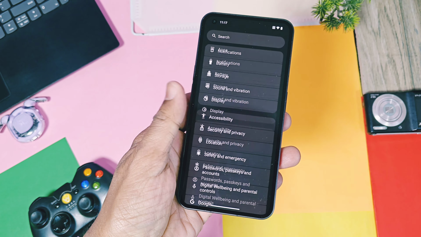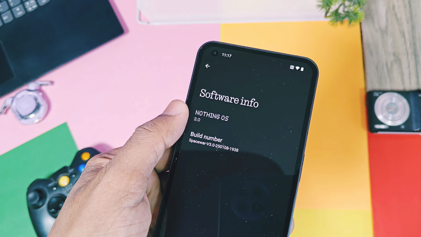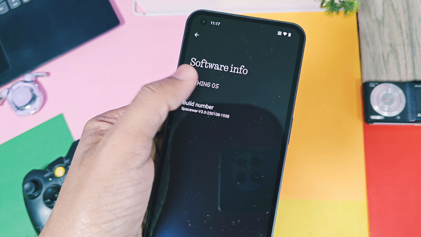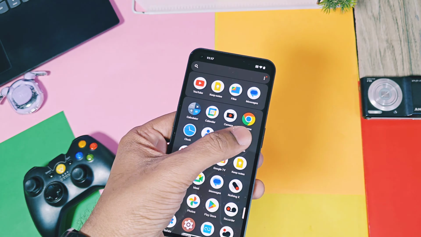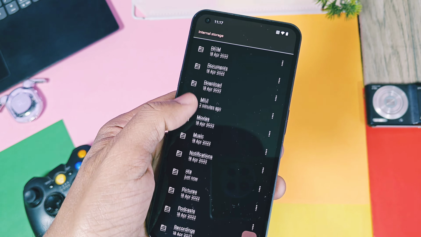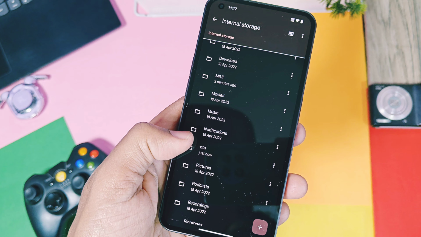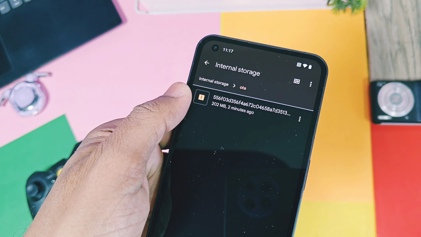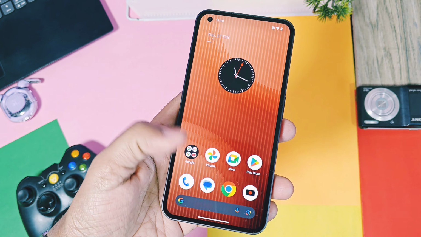Before updating, your device must be on the old Nothing OS 3.0 version. In the OTA update section, I still didn't get this update, so I will discuss how to flash this update manually. To flash this update, download the new incremental OTA file. Its link is given in the video description. Create a new folder named OTA in your storage and then transfer the newly downloaded OTA file inside this folder. Now go to the stock dialer, there type